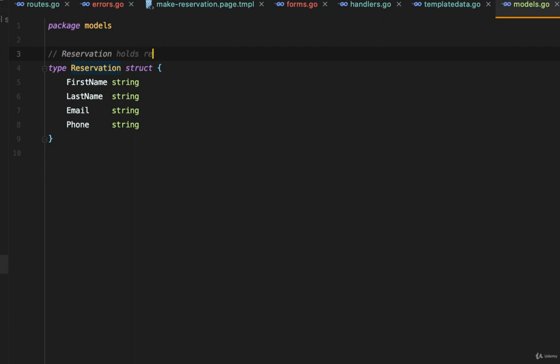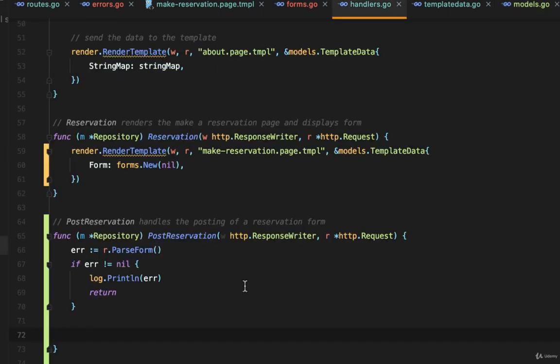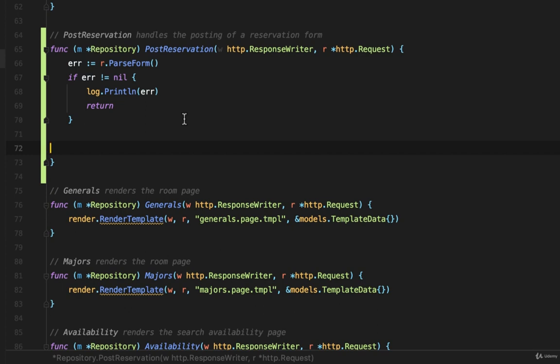Reservation holds reservation data. Okay, so now I've created that type. So back in my handlers, let's open this up. And let's actually store that data right in a reservation object, which we just created. So I'll create a reservation object like this. Reservation, which is just a variable name. And that's going to be a type